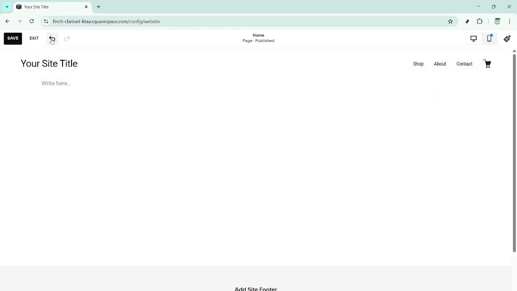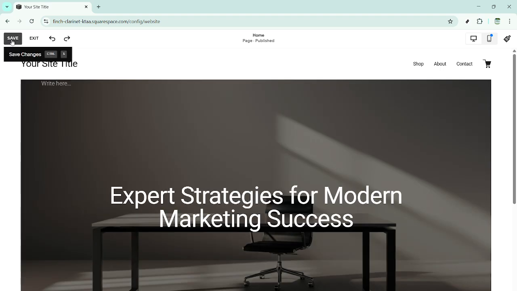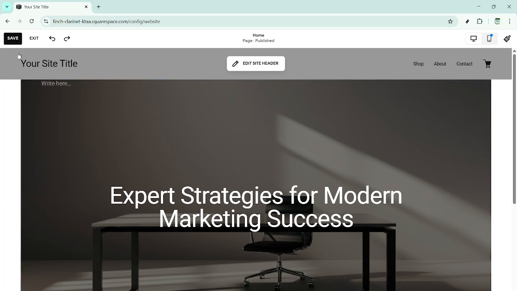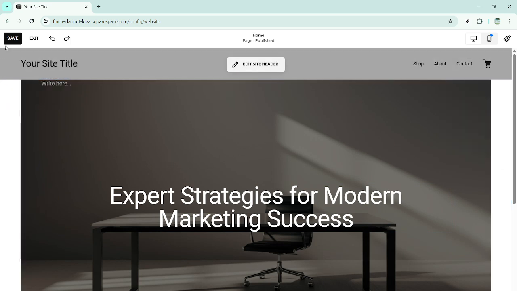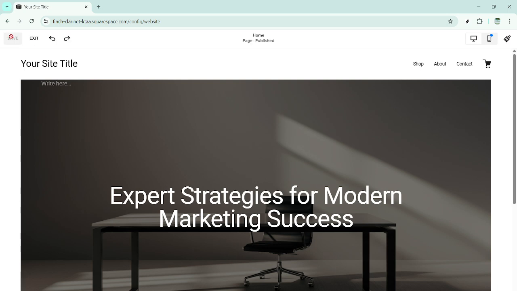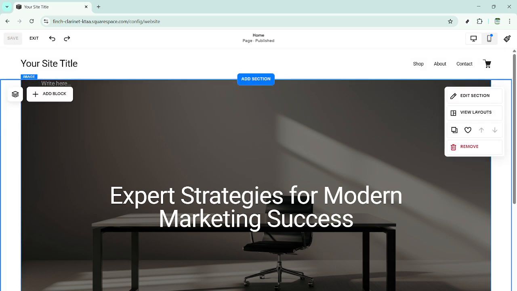When everything looks good, click Save at the top to publish your changes. Give the page a quick refresh and review it as a visitor would. That's it. By using Edit, Add Block, and the highlighted controls for text, images, and buttons, you can confidently shape your Squarespace